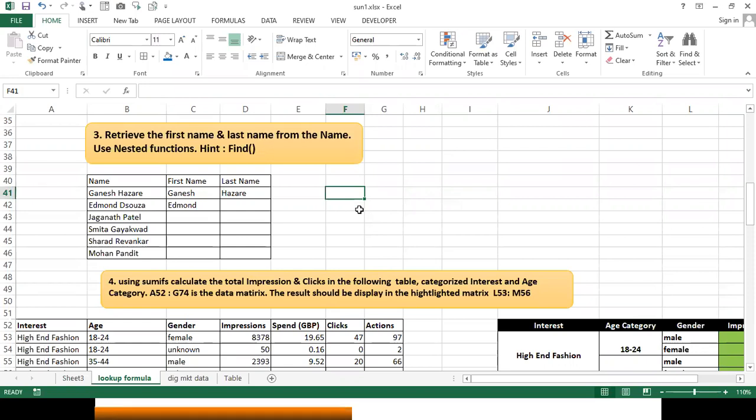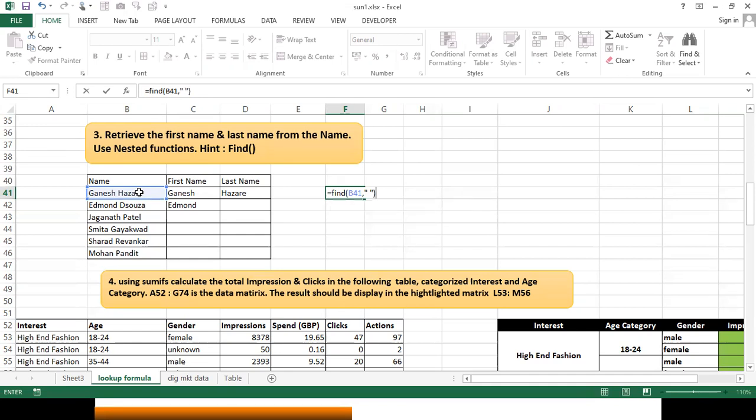There is a space. So I'll find out where that space is. If I can get the space, I'll dissect this into first name and last name. So I'll use FIND, of space, in this particular name.